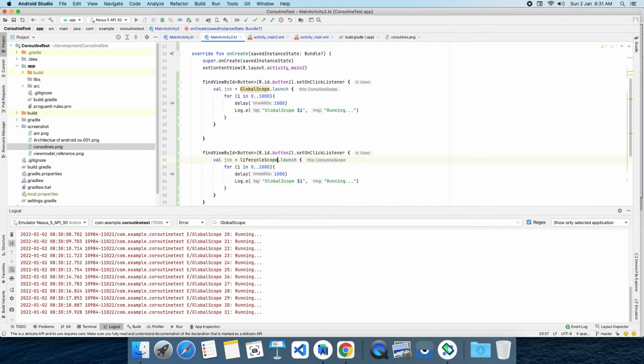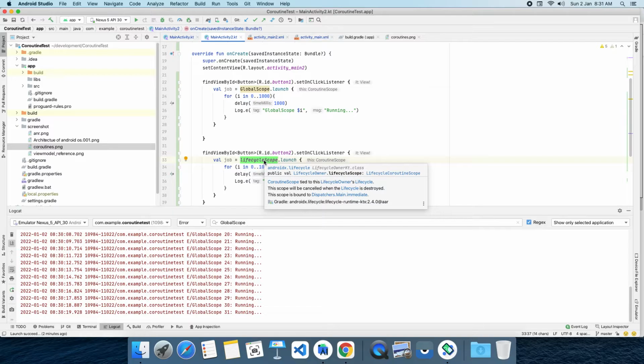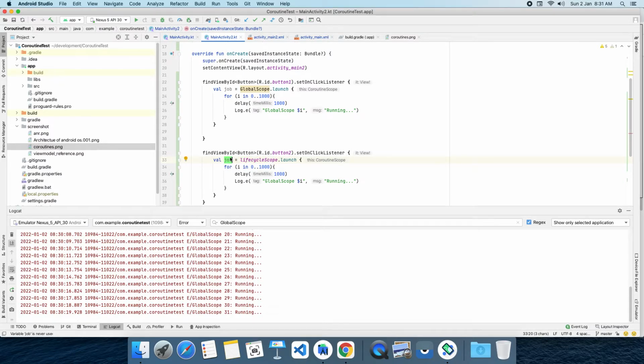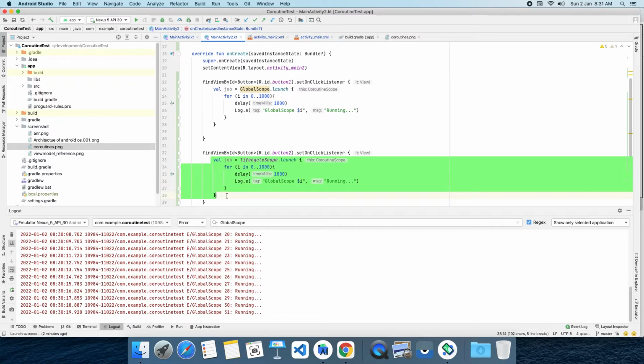That is lifecycle scope. This lifecycle scope is the lifecycle of this component, which is the MainActivity2 component. So this lifecycle scope represents our activity lifecycle. Inside the lifecycle of this activity, I'm running this job. Whenever this activity gets finished, at that point of time itself, this job will be finished automatically.